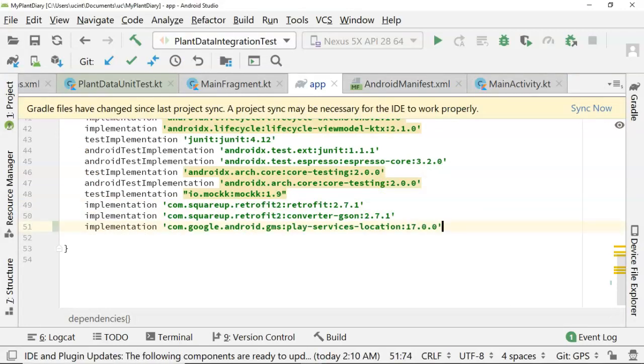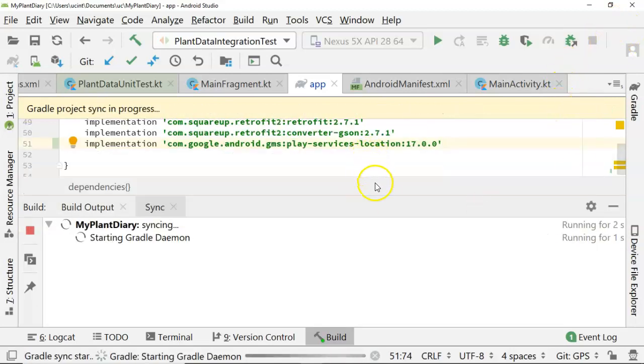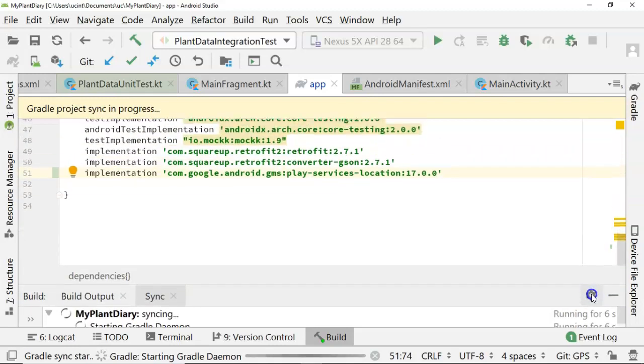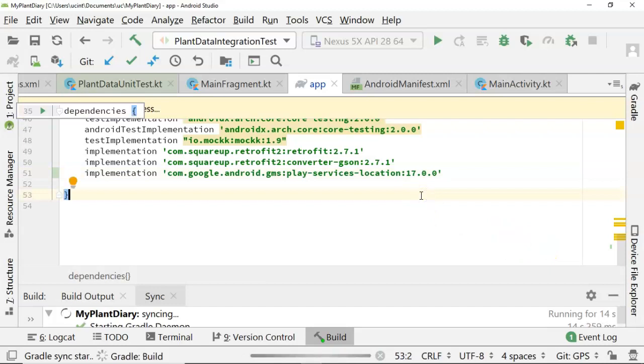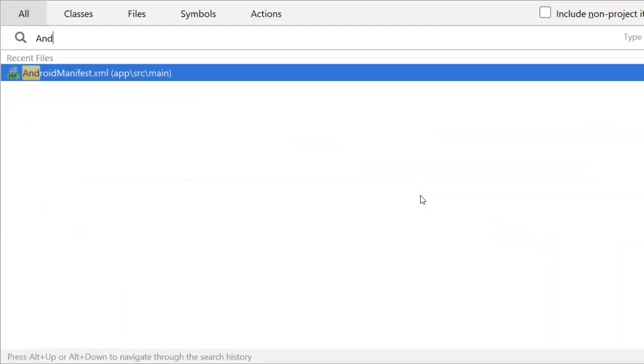Now I'm going to paste in the location services library that I'm using that is the most recent as of the time of this recording. But I'll tell you that these change very frequently, so you're welcome to see mine on GitHub, but also just do a quick search and see if there's a newer one that you might want to use instead. So we start with that, we tell it to go ahead and rebuild,